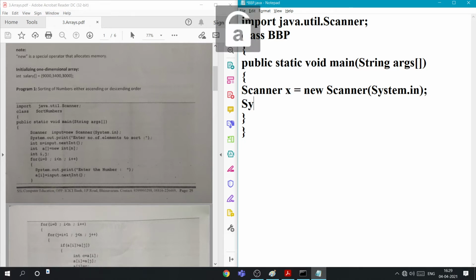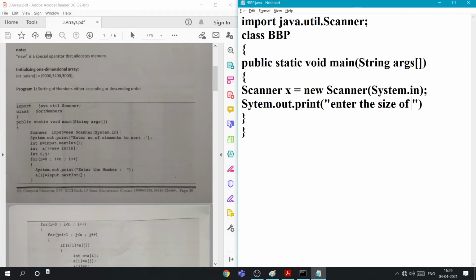Now System.out. We need to specify what to enter, so we write a message: System.out.print "Enter the size of array." Now int n is equal to input.